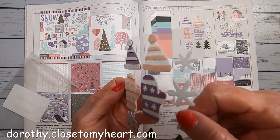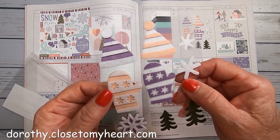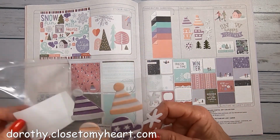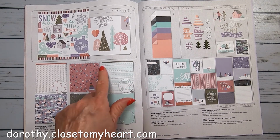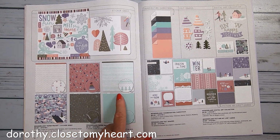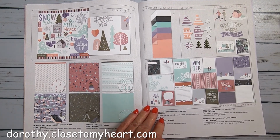And they're like 2 layers of felt. So, so cute. I can't wait to use these. So we've got our papers here, and this looks like a sweater. It looks like a winter sweater, which I just love that. And you've got the little hats. So it's just